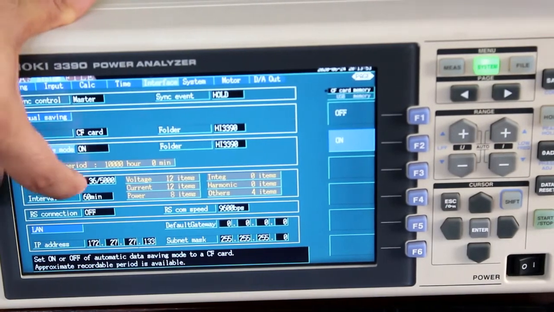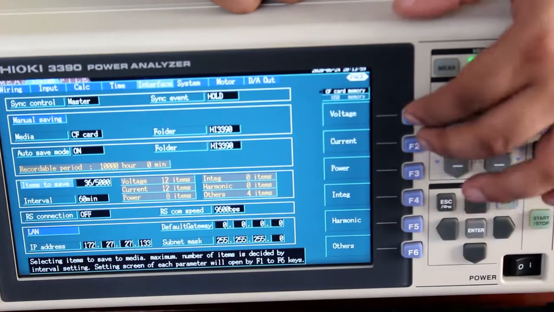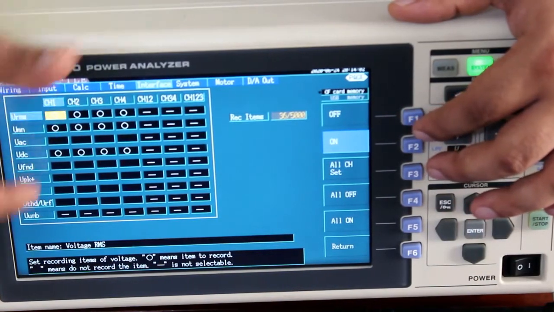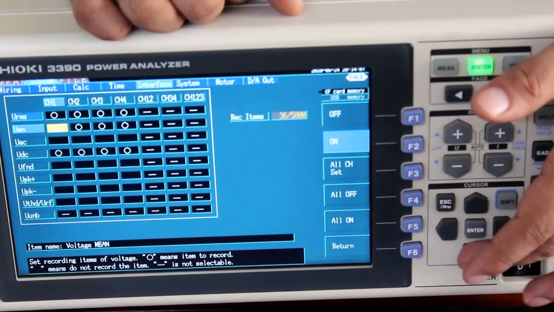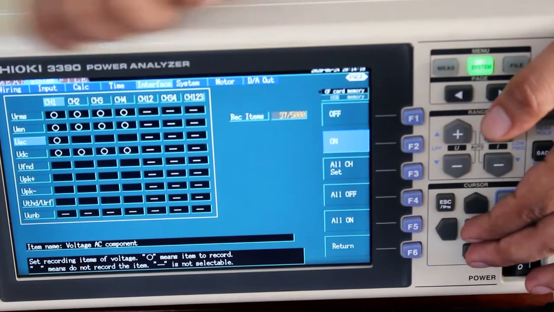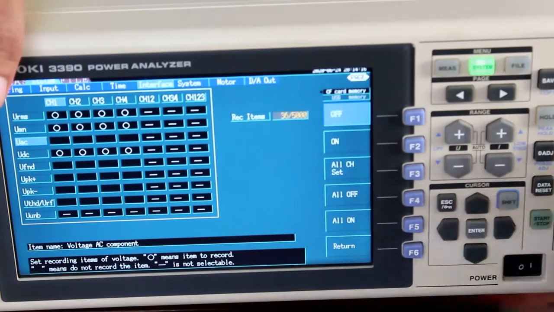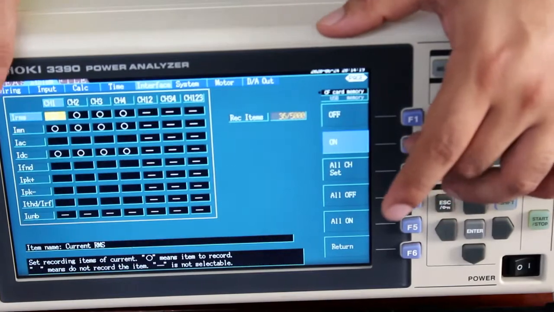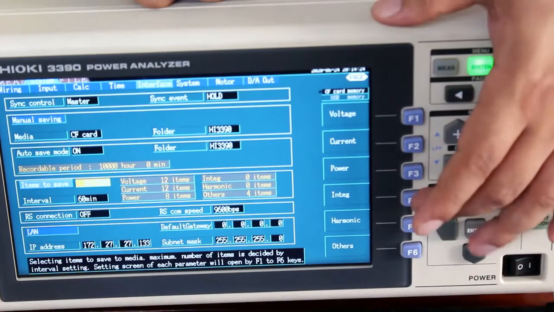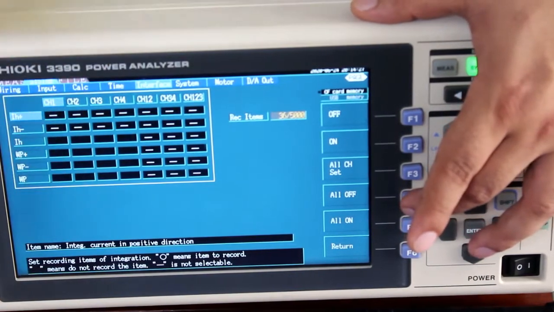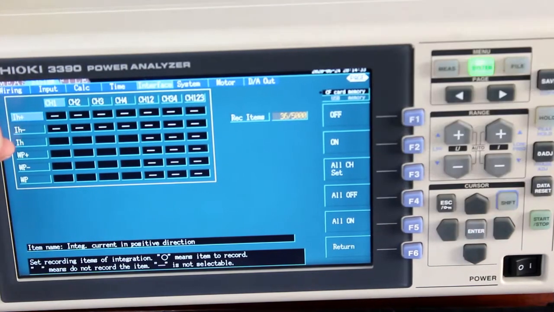And similarly, this is an important thing. If I go inside this setting, I can define what type of parameter I want to log. So this is for voltage. Like this we can select or unselect. Similarly, we can return back, and then like current we can define, return. For power we can define here, and the integration we can define here. We can even do the current positive integration, negative integration, and